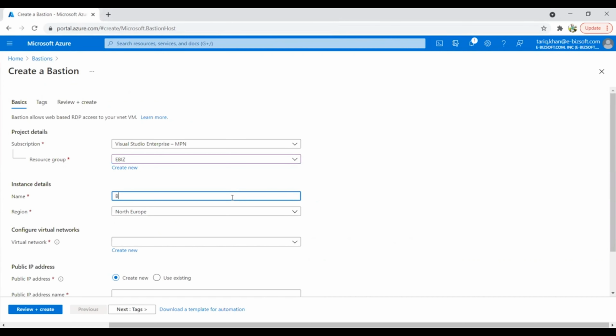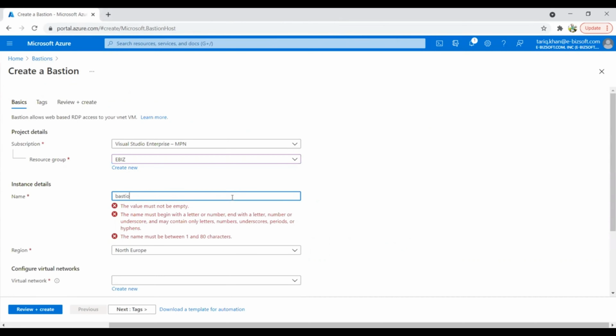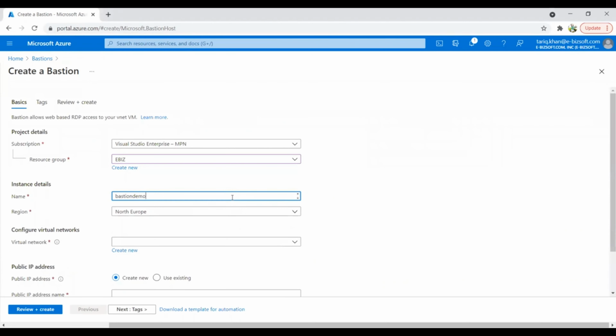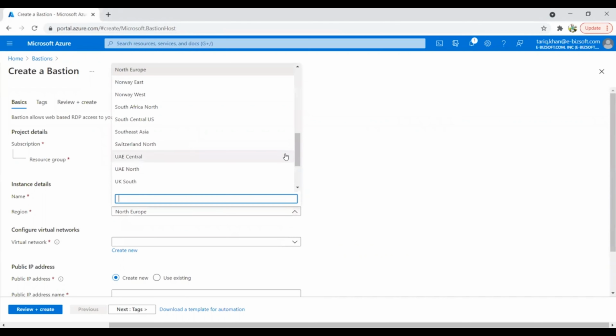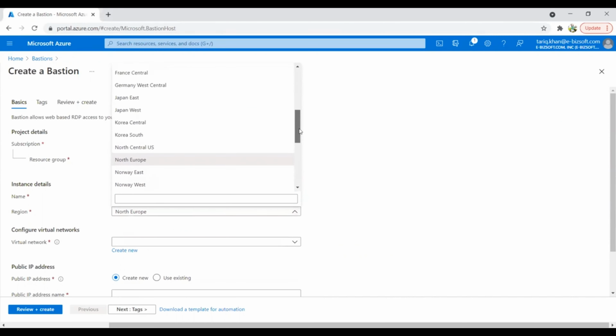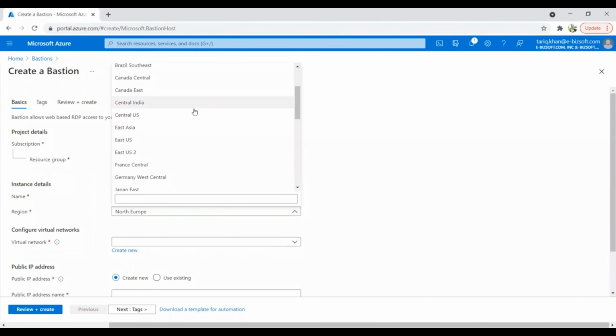Bastion demo testing, right? And then I'll select the region, and it will be US Central.